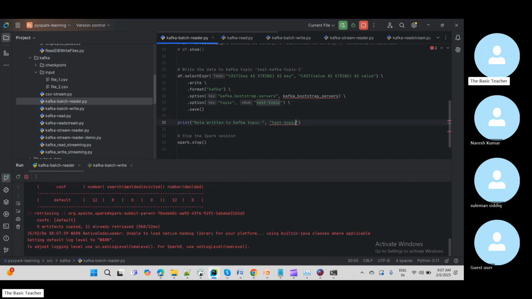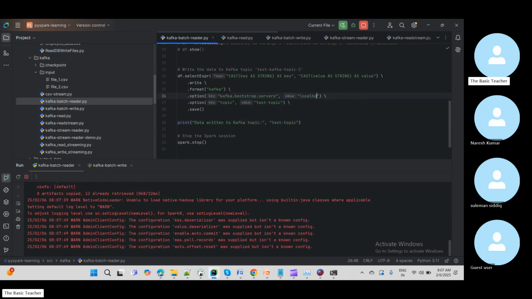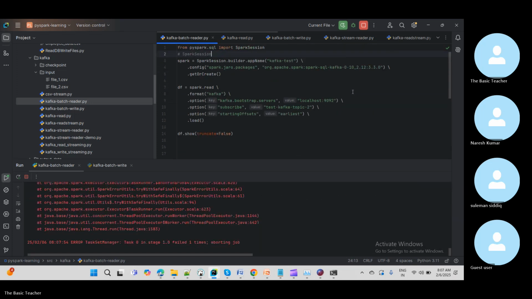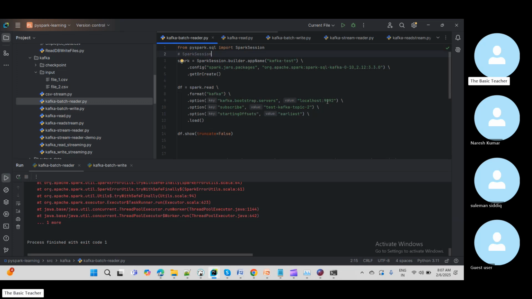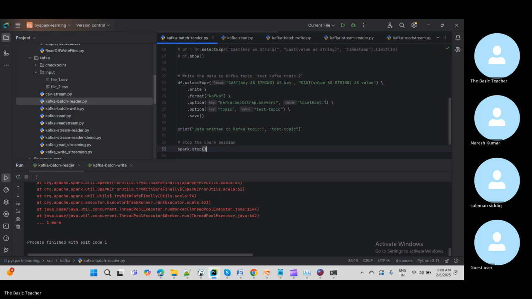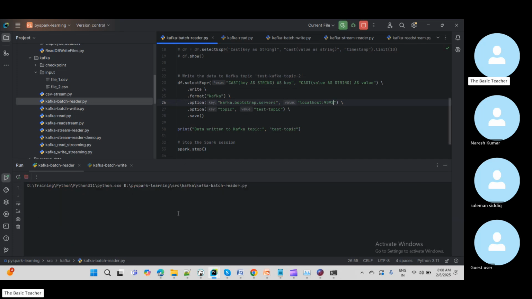Let me take this one and then localhost. What is the localhost? This is 9092. I guess something is there. Okay, no issue. So you can take it for reading and writing either from Kafka to Kafka or